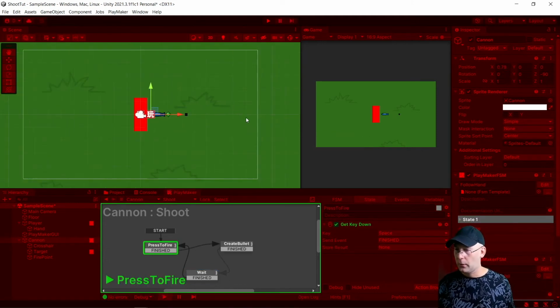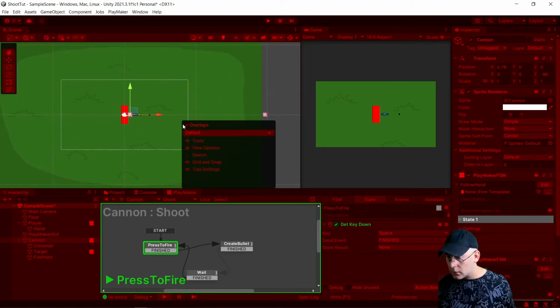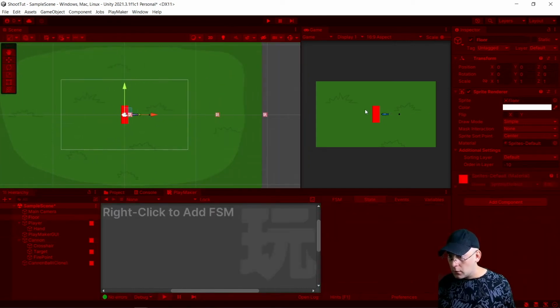so that's now following our player. Hit space. Oh, wrong one. You see our bullet will now spawn and head over there. And when it gets there, it destroys itself. Perfect. And then obviously if we move,